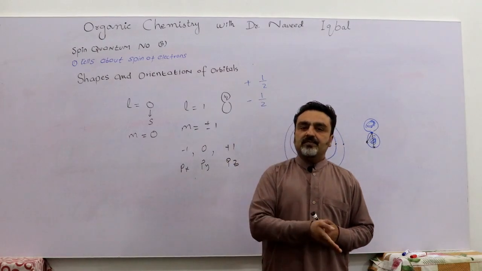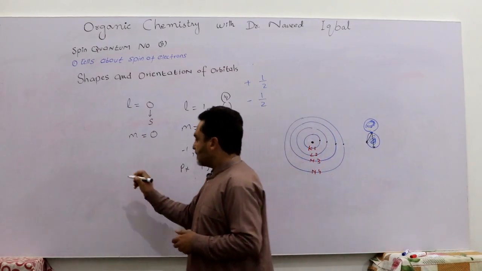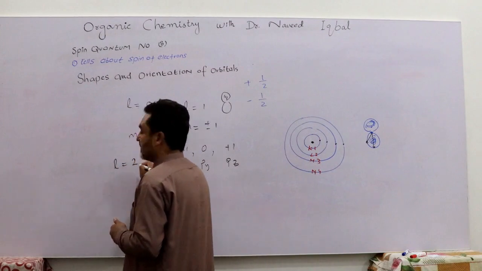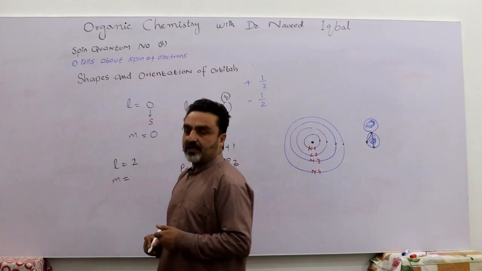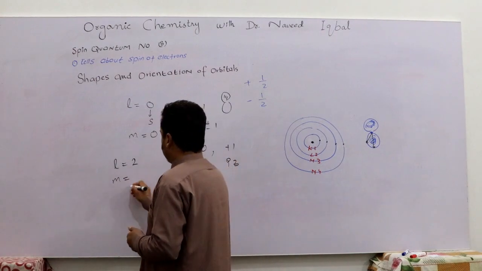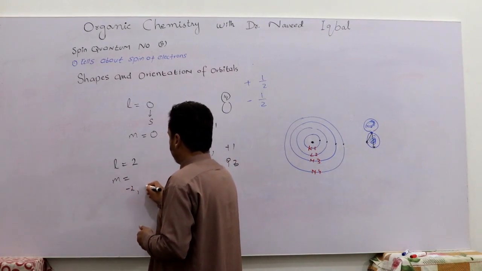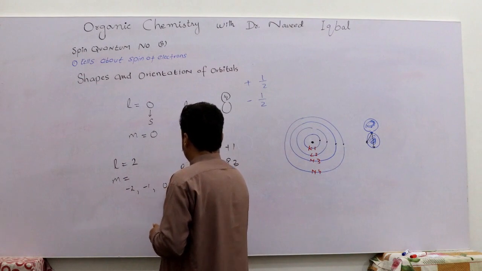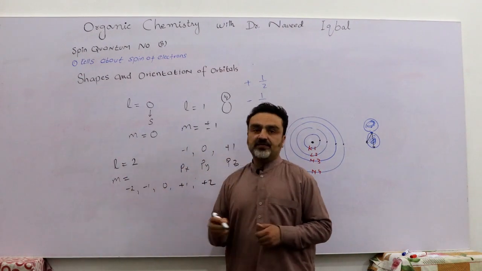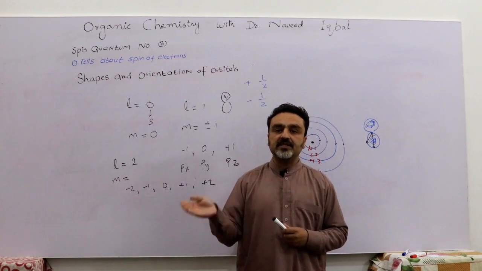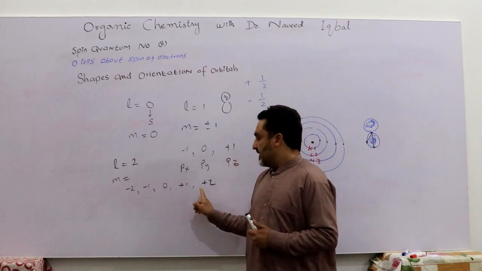Now let's move to l equal to 2. Now we are talking about the d orbital. The magnetic quantum number values are 5: minus 2, minus 1, 0, plus 1, plus 2. 1, 2, 3, 4, 5. The magnetic quantum number tells that there are 5